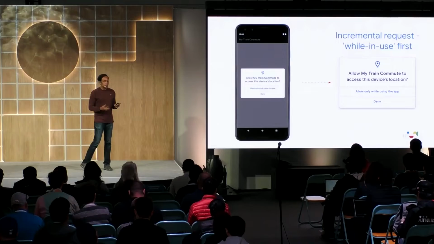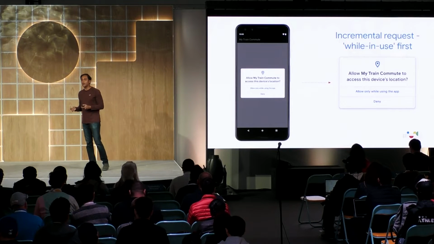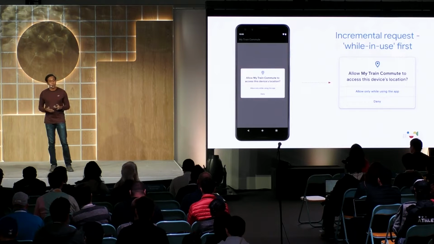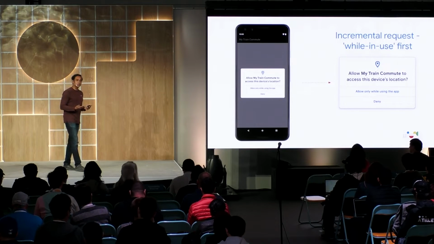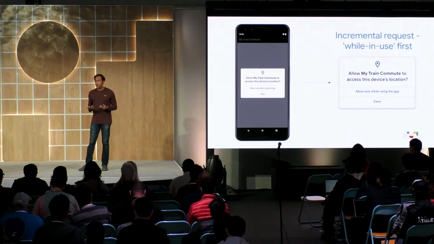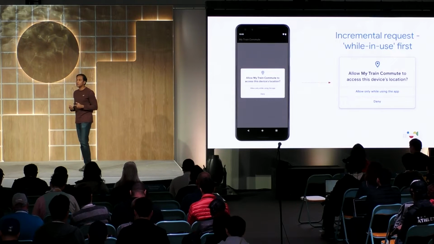Another key benefit of targeting Q SDK is that your app can now make incremental location permission requests. And incremental permission requests are incredibly helpful in presenting the location permission dialog whenever the user accesses the feature. Again, as a best practice, we recommend developers to show the permission dialog when the user accesses the relevant feature so that the user can understand why an app is asking for a certain permission or even for a certain level of permission.